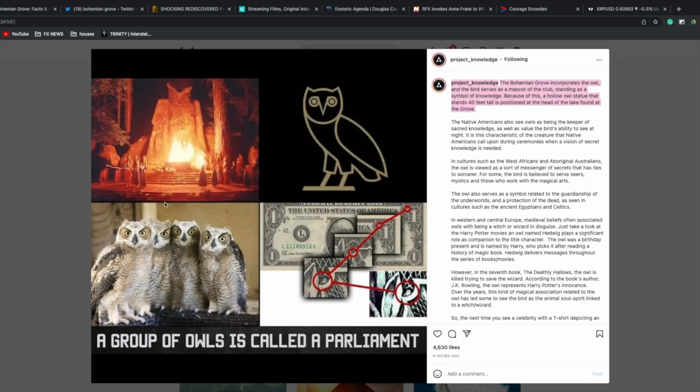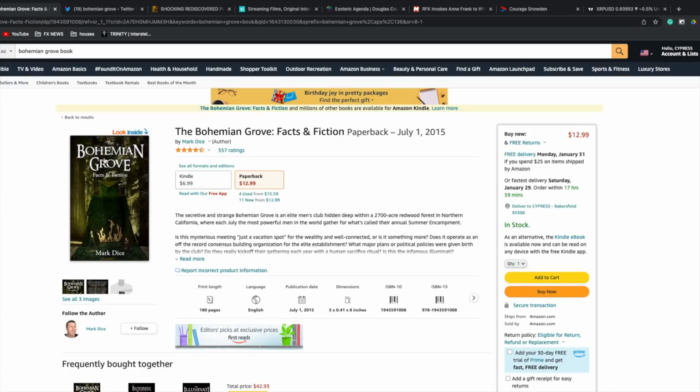Getting into detail on what this is, I'll show you a video from a very interesting whistleblower that I find very informative to the general public. So I'm giving you a little bit of a resource if you want to know more information on the Bohemian Grove.